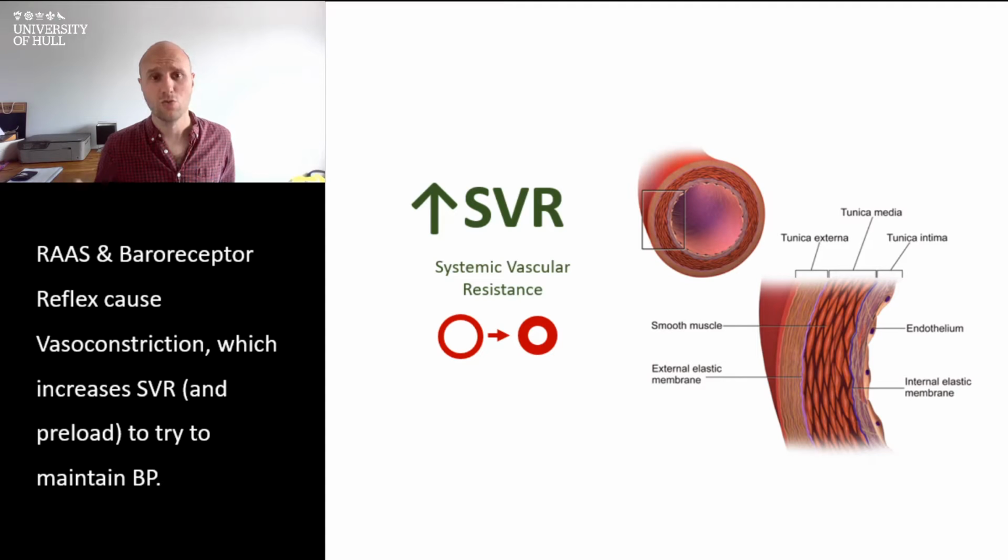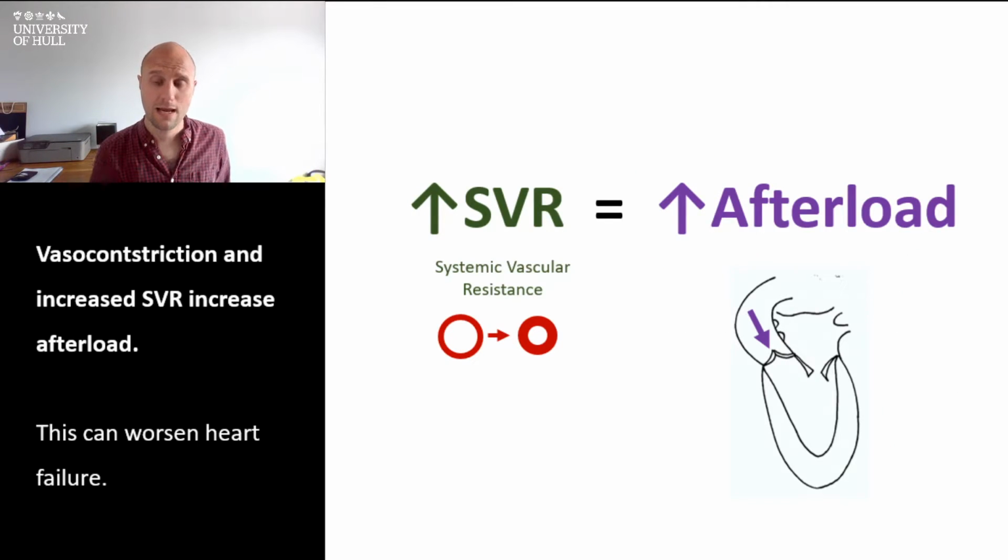Now, you'll remember that we've got various compensatory mechanisms aimed at improving the blood pressure and therefore tissue perfusion. We've got the renin, angiotensin, aldosterone system, and our baroreceptor reflex. Both of these in their own ways will cause contraction of the smooth muscle within the blood vessels, with the aim of improving the systemic vascular resistance and the blood pressure, but also improving venous return back to the heart. However,